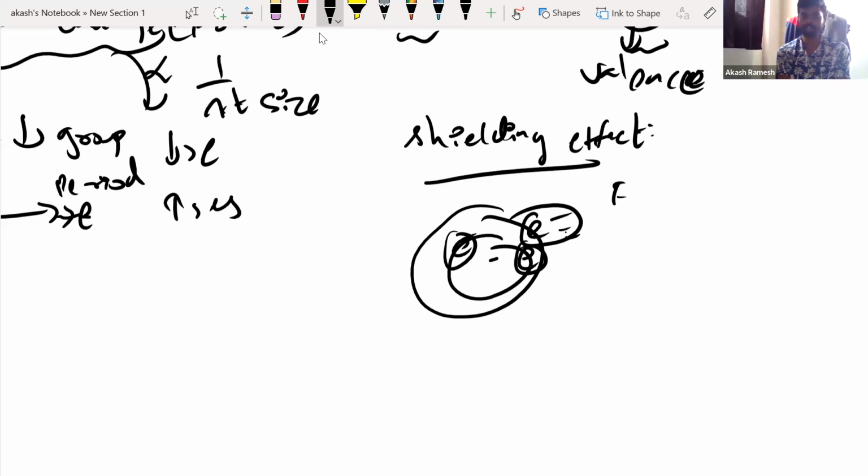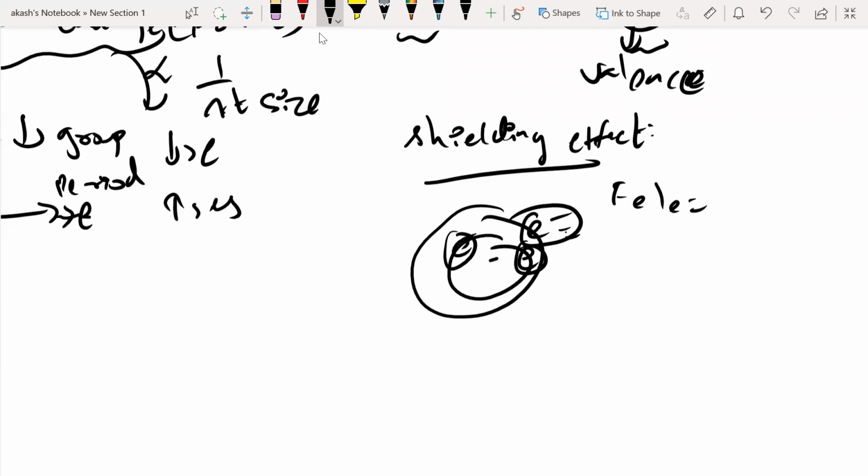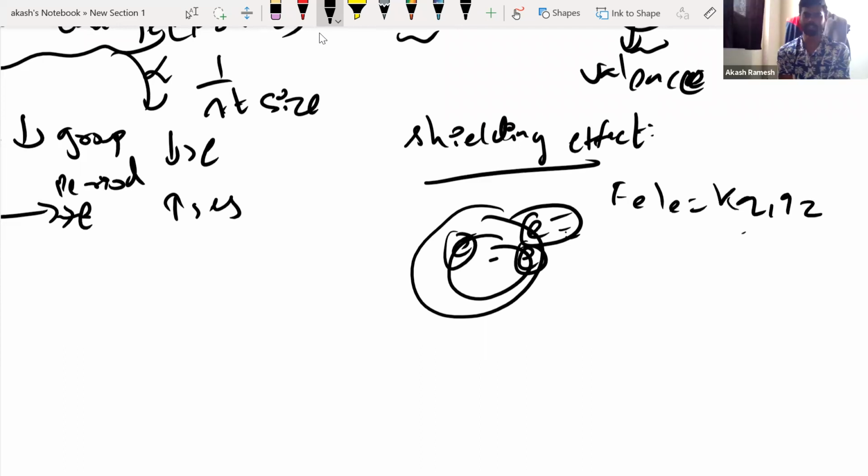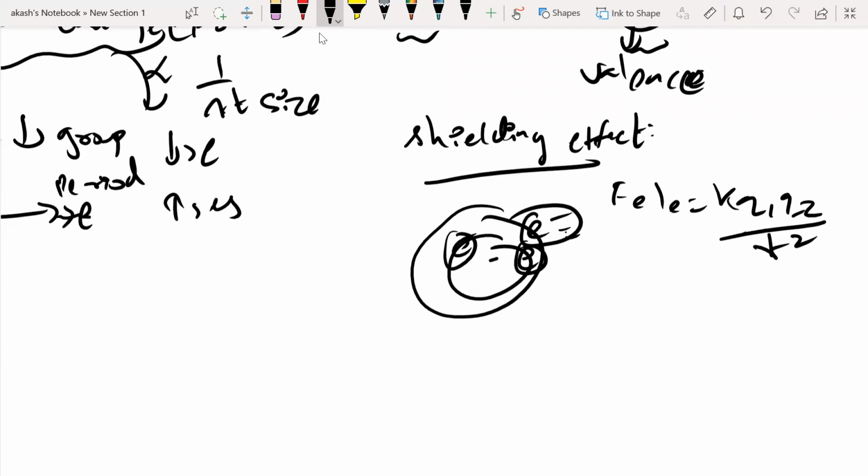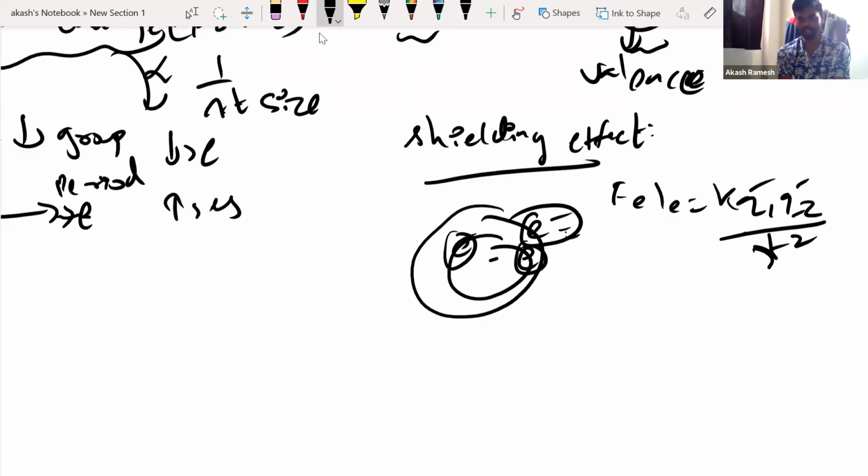Hope you remember the electrostatic force. What is the formula, guys? Does anybody know the electrostatic force formula, for the force of attraction or repulsion between charges? Okay, no issues, I can give you that. It's some constant K, Q1 into Q2 divided by R squared. Q1 and Q2 are the amounts of charge. For the electron there is some charge, for the nucleus there is some charge, and R represents the distance between the nucleus and the electron.